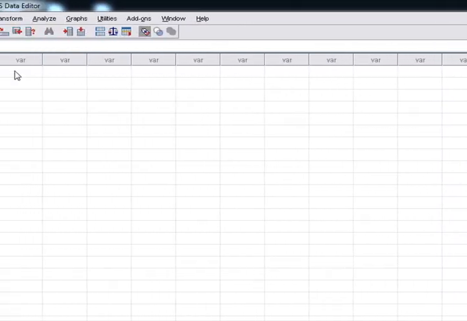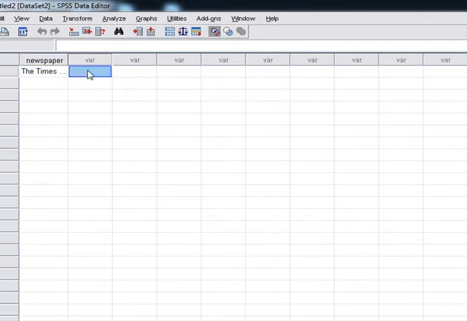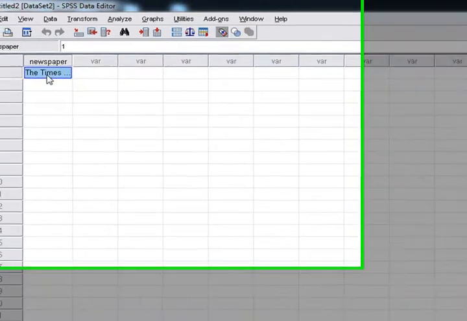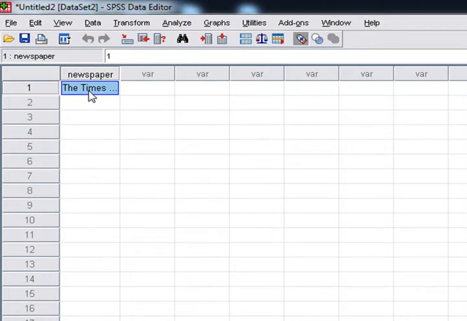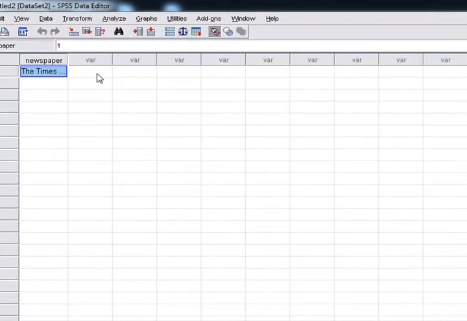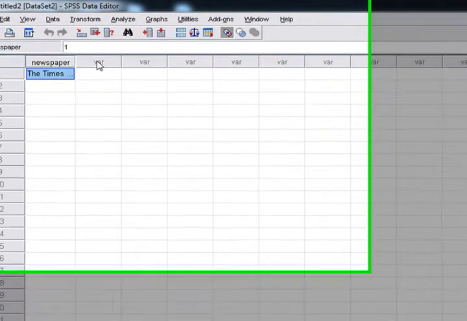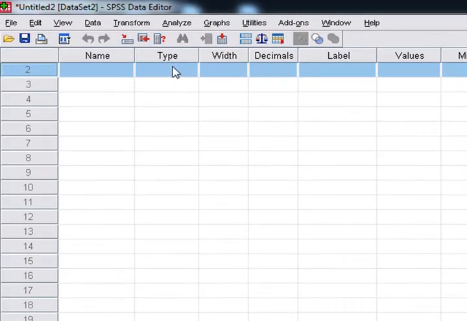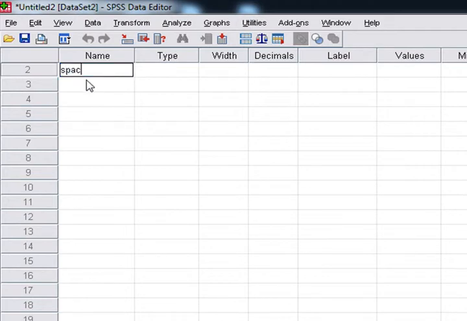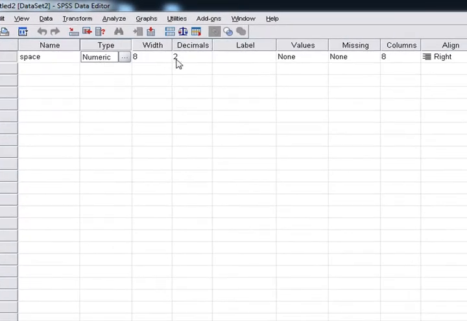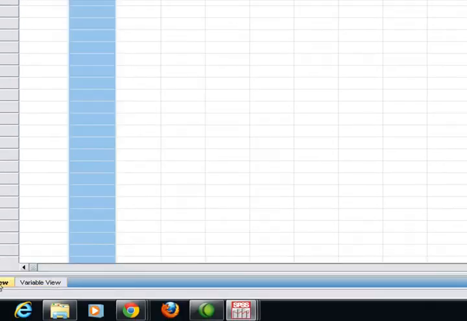If your variable is a continuous variable, this one was the categorized one in which your answers were categorized in categories like 1, 2, 3. Now if we have one variable in which we have to enter the space, then how would we enter? We would double click this, and we will name this variable space, and we would jump to the data view.